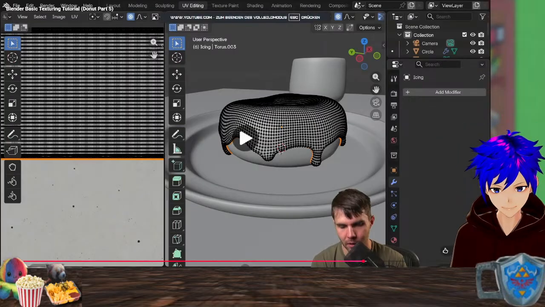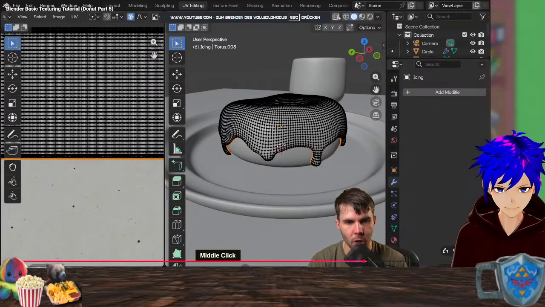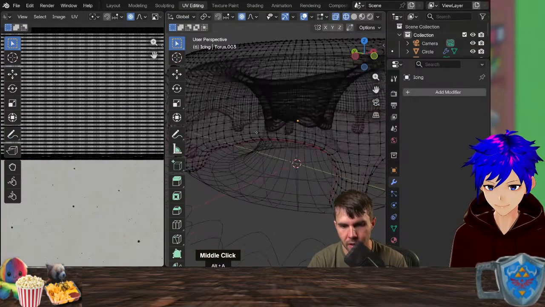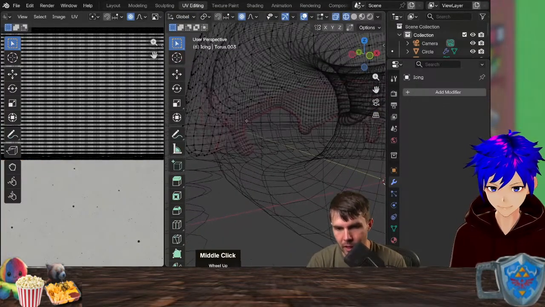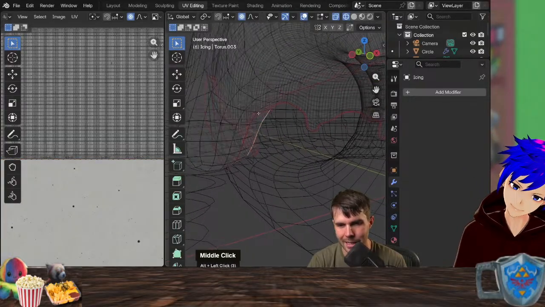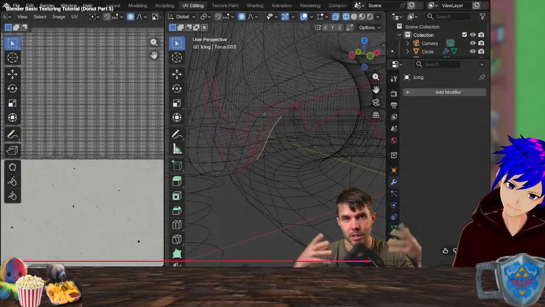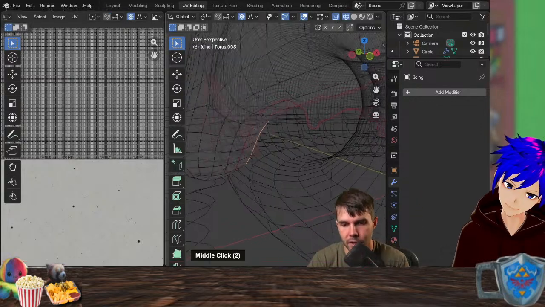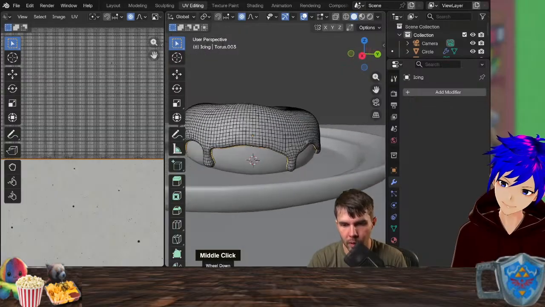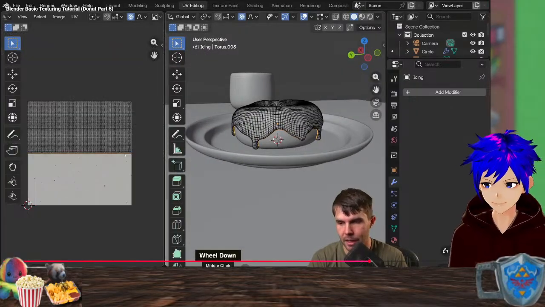Okay. And now if I was to go back into wireframe mode here and then just turn off this selection, you should see that we've got a line here that is red. By the way, the one next to it that is purple, that is the one that has the crease, which we added when we used the solidify thing to make it cling to the donut a little bit better. So we've got this line that goes all the way around it, okay? And that has done a cut.